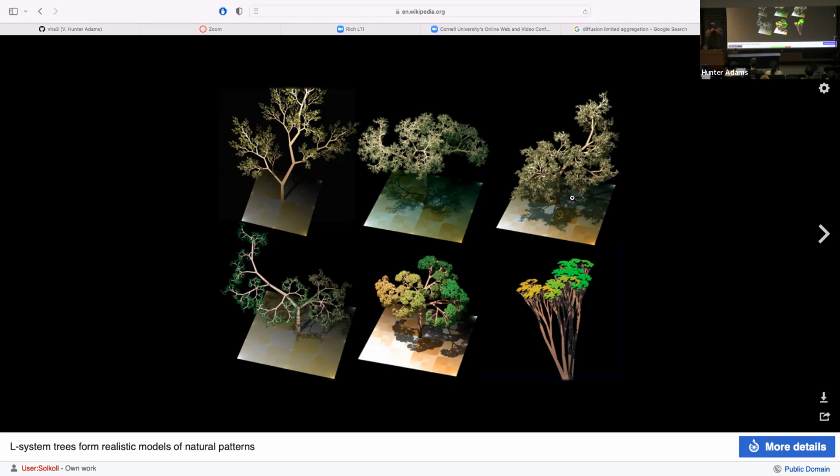And then over a series of generations, there are rules by which you start with this initial string of characters, and then there are rules by which to go to the next generation: you replace a specific character with a new set of characters. And then you do it again, so it's growing, right? You're getting a longer and longer string of characters, each of which maps to an action that you end up rendering on the VGA screen. And these are most frequently used to generate really gorgeous plant structures.